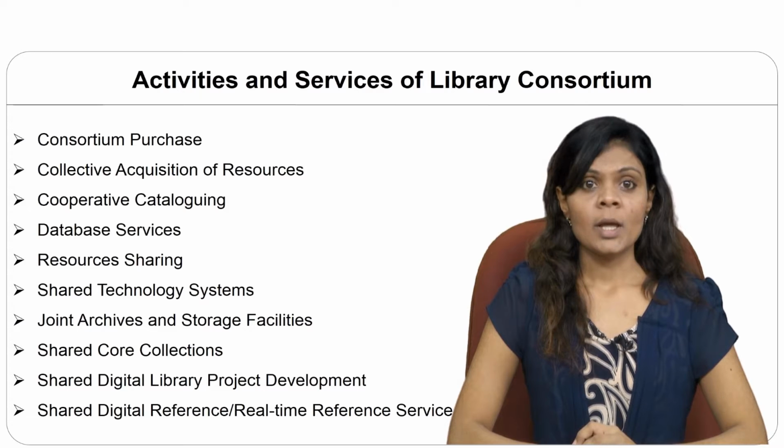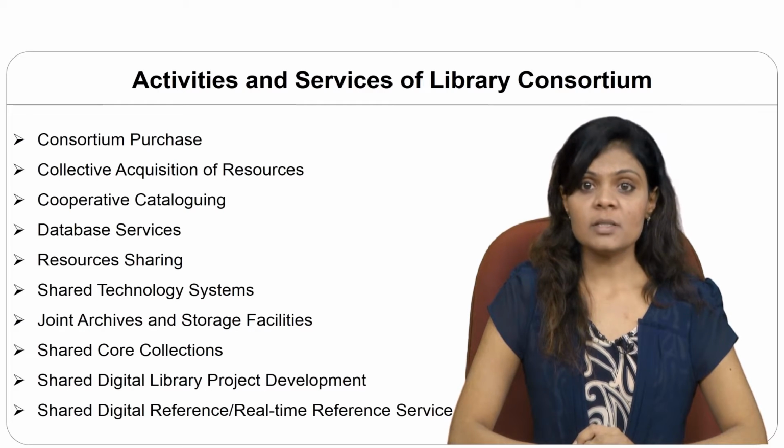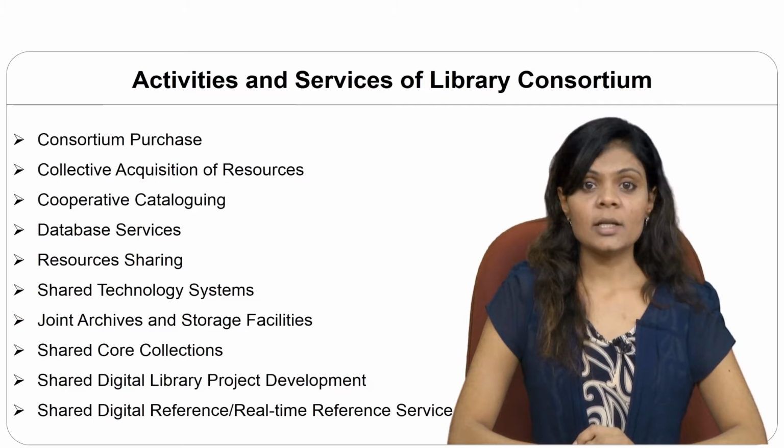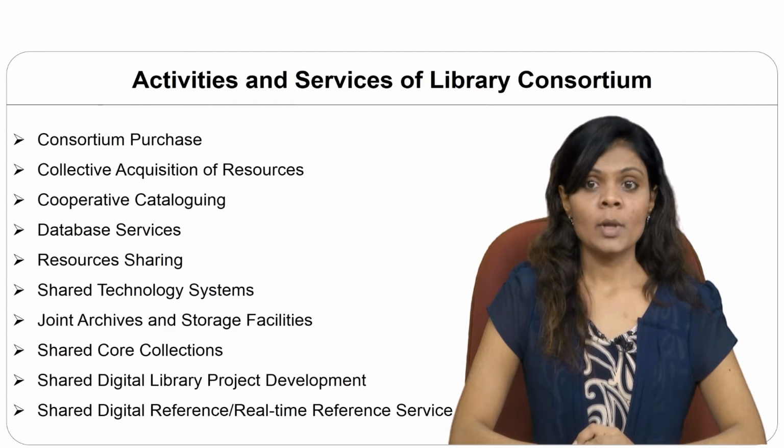Cooperative cataloging. Catalog of a library is an index of its collection. Likewise, a union catalog of libraries in a network serves as an index of the combined catalogs of libraries in the network. The union catalog was therefore taken up as one of the first activities for most of the resource sharing initiatives. The centralized cataloging saves time, avoids duplication, encourages interlibrary loan, and facilitates downloading of cataloging information directly into the local